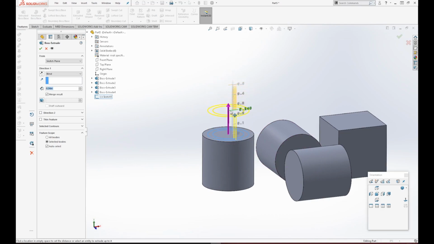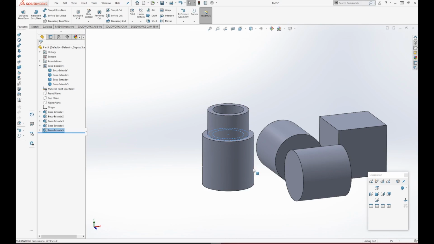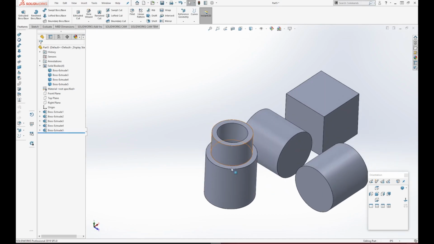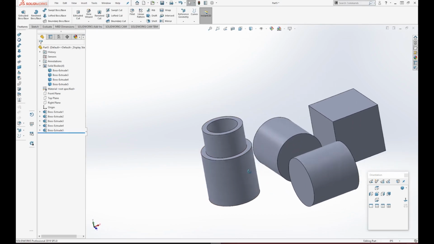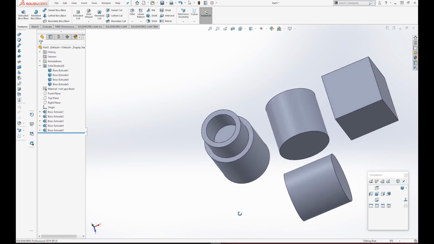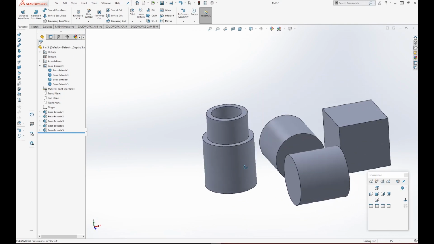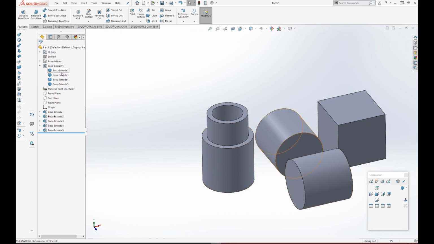Since it's blind, I could change that, but I want to change it more precisely, so I'll do it 1/2 inch, and then I'll click on the green check mark. So if you guys can tell, it made that tube shape on top of our original cylinder, connecting them together right there. And the reason I know they're connected is because if we take a look at our solid bodies feature manager tree section,